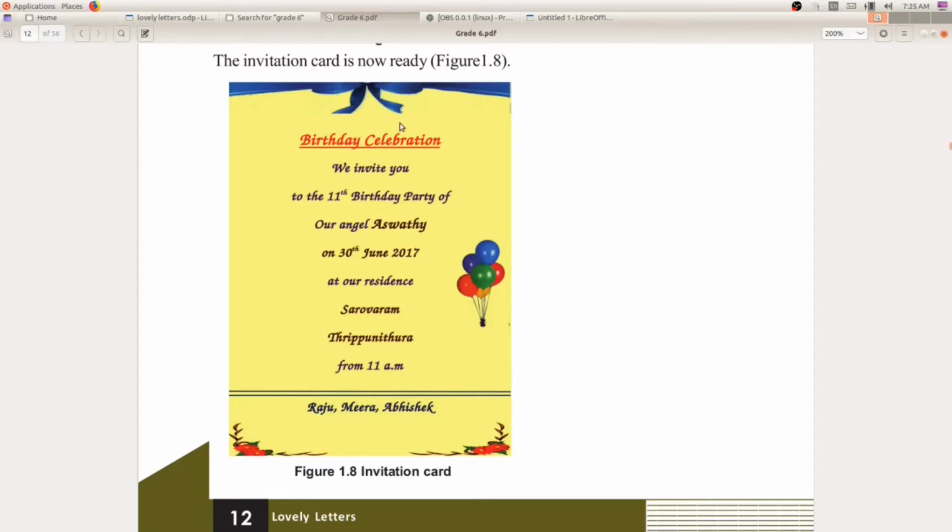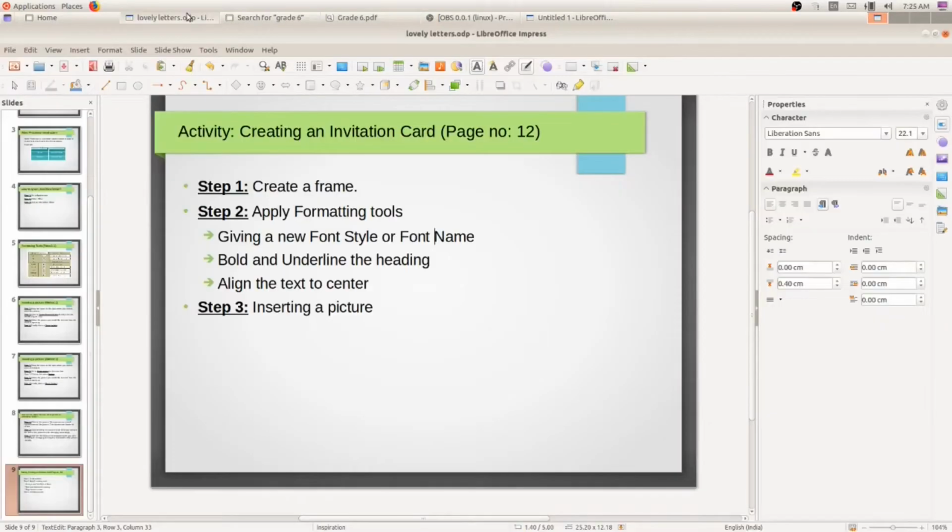So I have written 3 steps here for creating an invitation card. What is the first step? Yes, we need to create a frame first. So I'll show you in detail at that time. What is step 2? We need to apply some of the formatting tools.